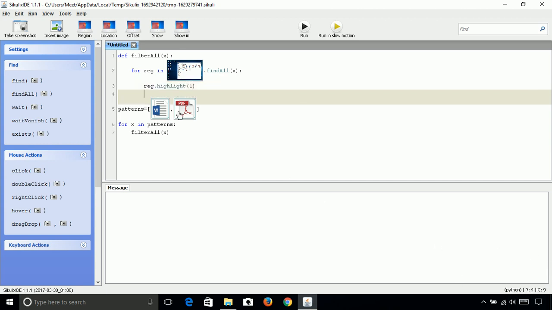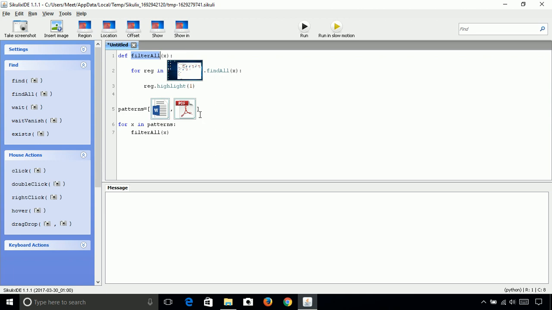So for the word pattern, it will call this filter all function, and then in the filter all function it will find all the word objects on this screen, loop through all the word objects and then highlight them.